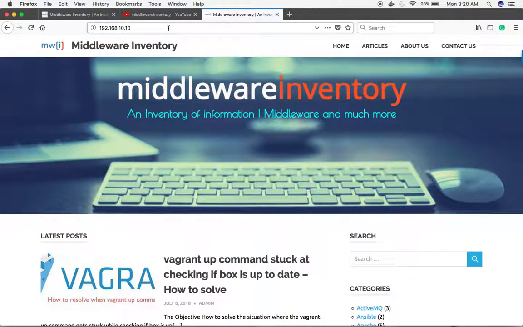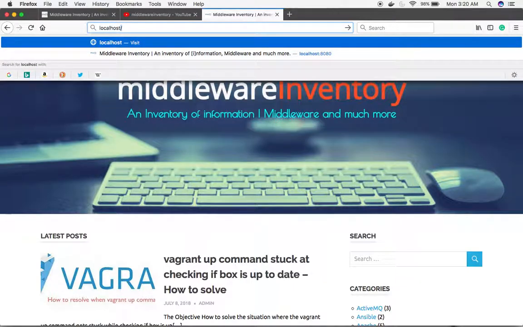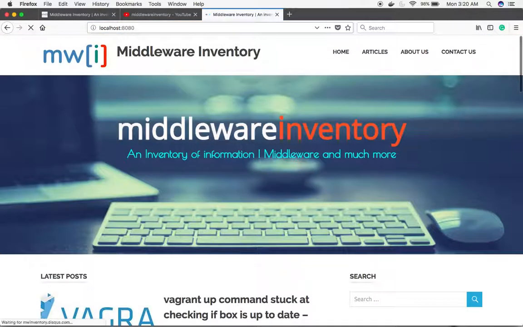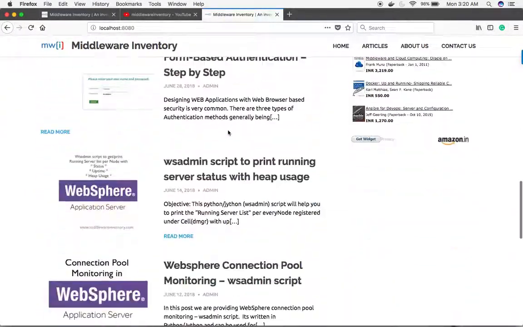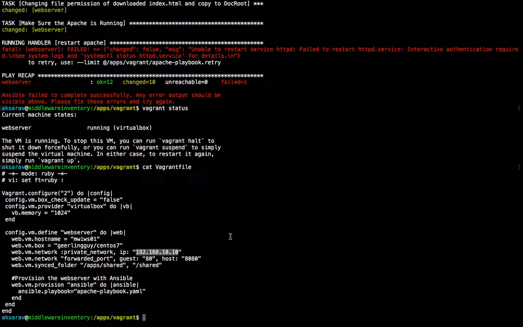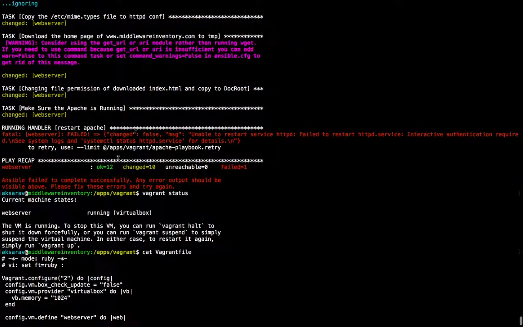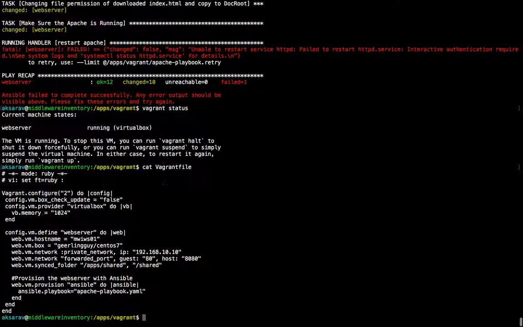How about the forwarding? Did it work? Localhost 8080. Yes, the port forwarding has also worked. So if you are a little worried about why this running handler didn't work, I don't think that is necessary. If you would like to reprovision it, I can do something, which is